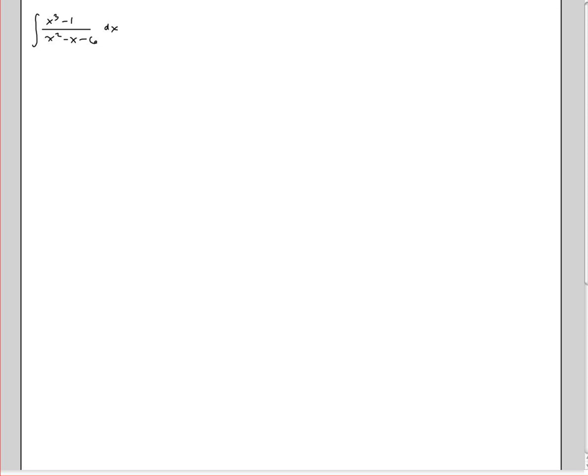Okay, so I wanted to do an example of partial fractions decomposition with linear factors of the denominator and with an improper fraction, so you can see how to deal with that. Now, as we mentioned in class, partial fraction decomposition is going to be useful when we're integrating a rational